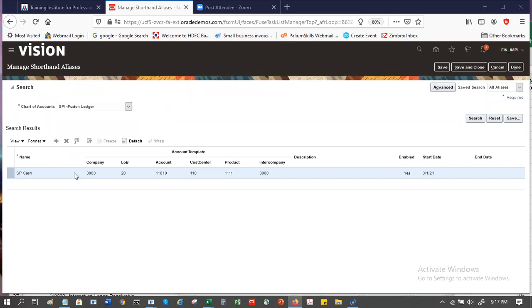I think you broke up. Can you please repeat? I'm saying whenever we are inquiring the balance of this account in reports or in other pages, the system allows you to select whether you want to show the short name or the original complete name. Correct? Correct. So wherever there is the alias option, you will get the list.